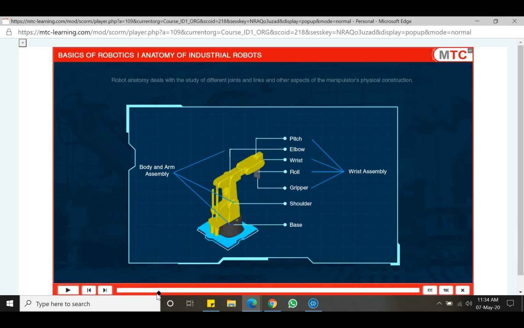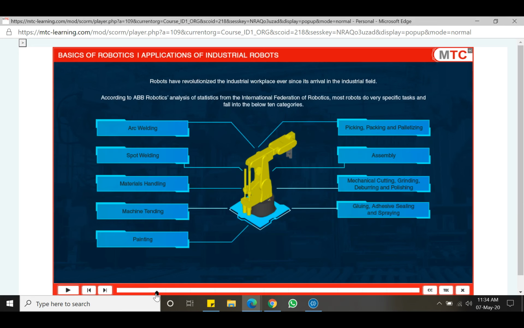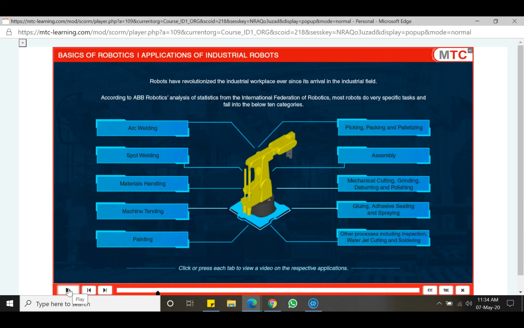Similarly, it explains all the different applications that are majorly used in the industries. And then we have also created tabs. Press each tab to view a video on the respective applications. When you click on it, it will also have a video representation of what this application is all about. That will give you an idea of how robotics is used,